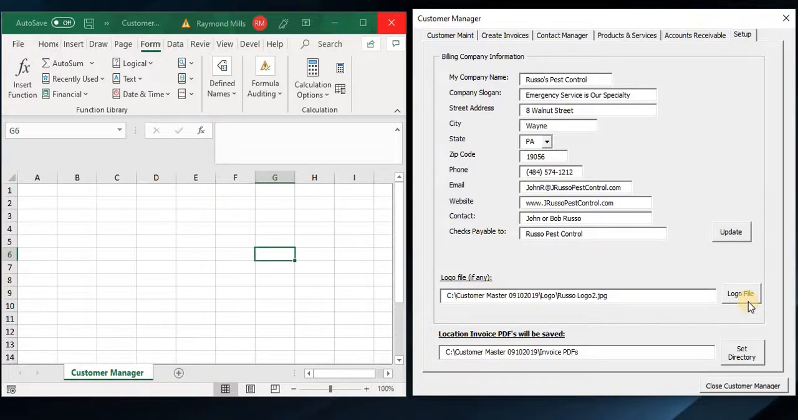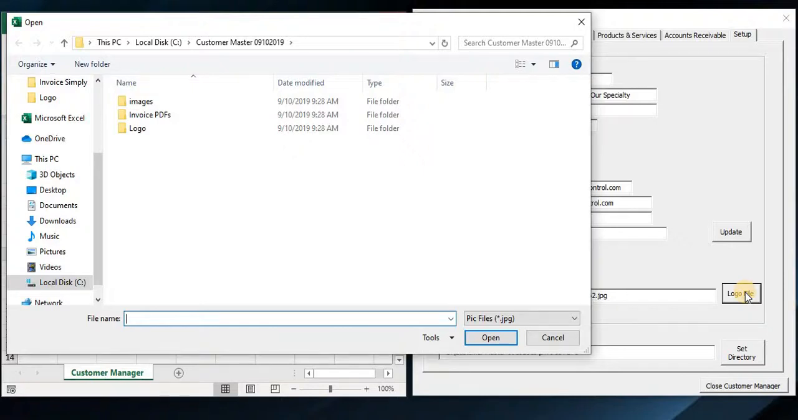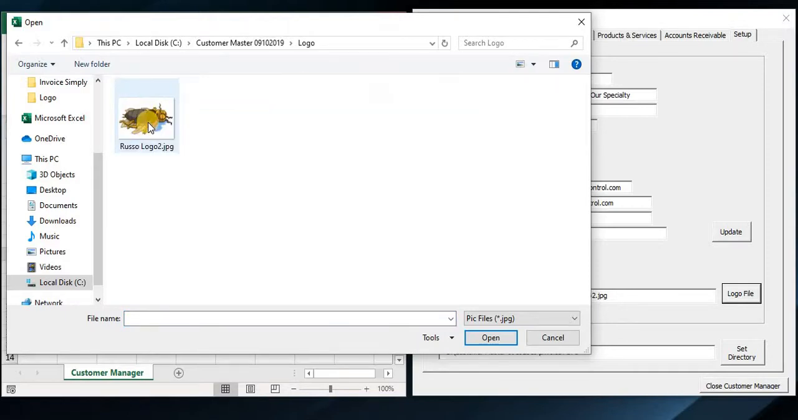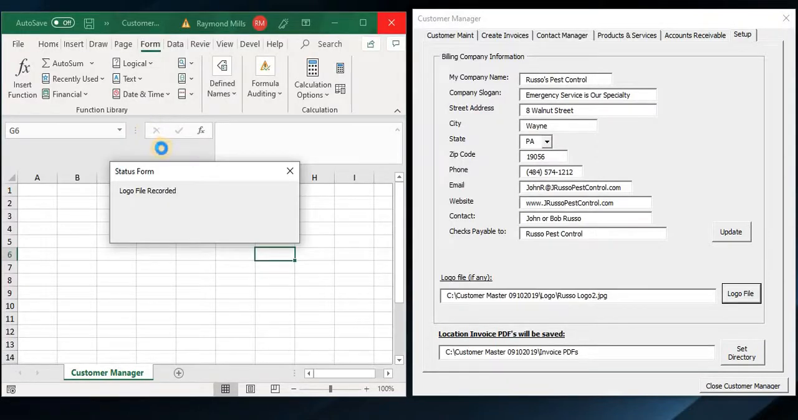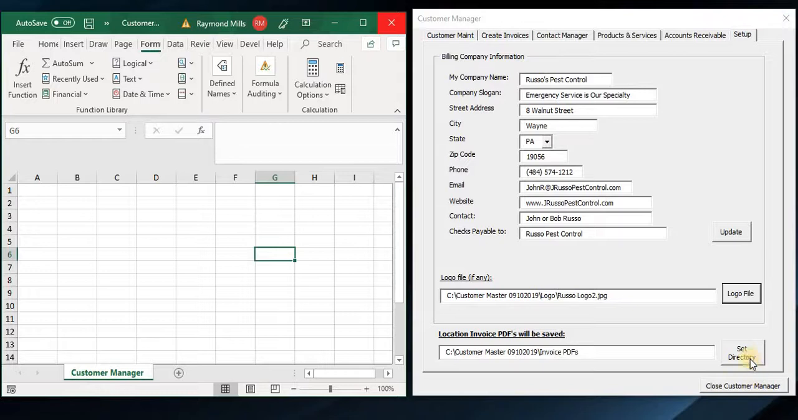Down below, we also put in, if you happen to have a logo, the tool automatically integrates logos into the invoices. We go here and say logo, and there's our logo, Dead Bug. Remember, it's a pest control company. And then,